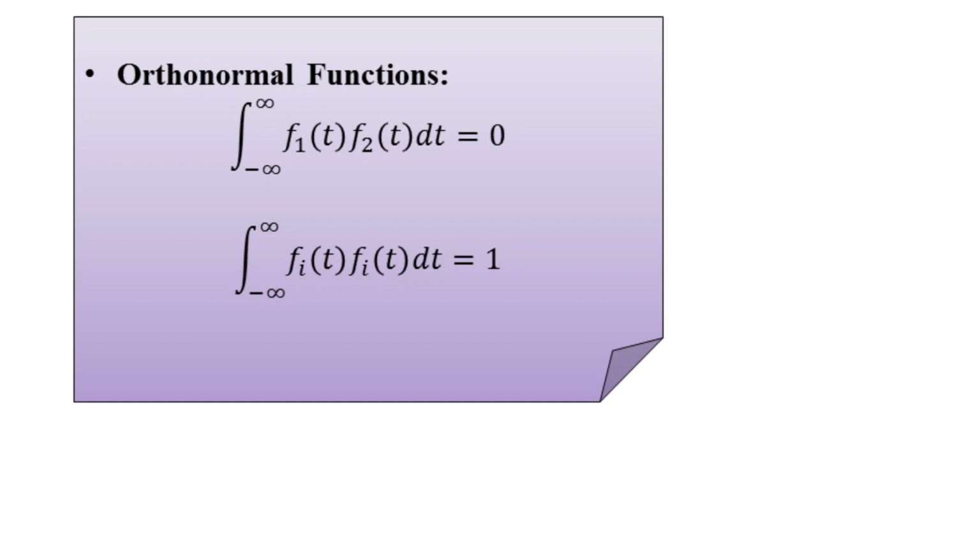So this was all about the orthogonal functions and the orthonormal functions. The two understandings should be very clear here. Mathematically you should have these two equations in your memory. The first one describes the condition of orthogonality, and if the condition of orthogonality is satisfied by a pair of functions and the second equation is also satisfied, then we can say that the two functions are orthonormal functions.